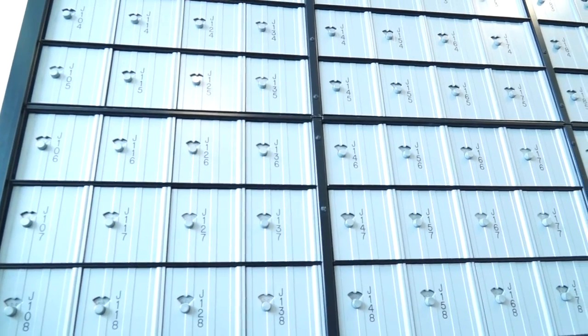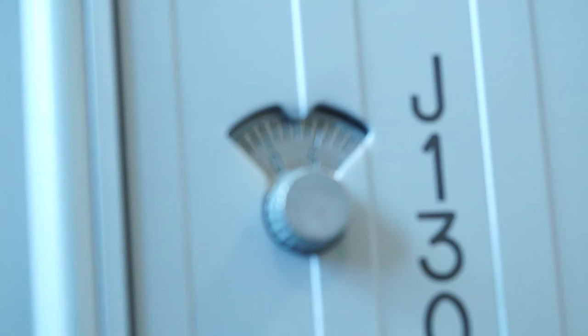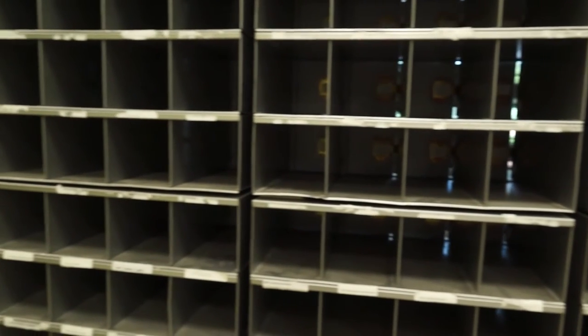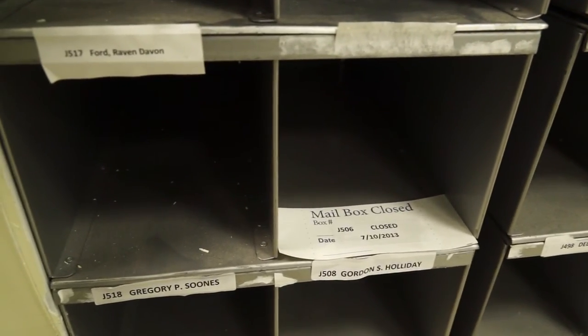When we had a mailbox for someone, it was a made-up number. And then we put it on a box and we gave you a combination. Changing those combinations and changing those keys took an extraordinary amount of staff time. We were closing our dining hall and we had about 6,500, 7,000 mailboxes down there, and we were moving into